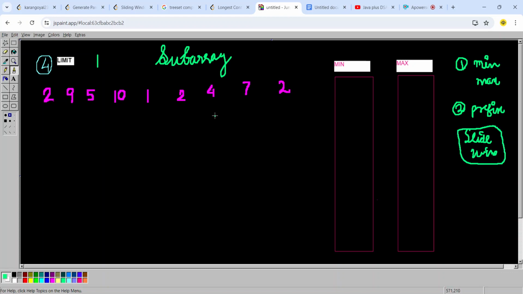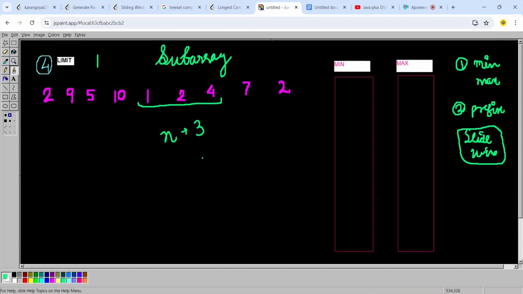Now the next thing. Suppose you have a subarray. Will you be finding the difference between each element? It would be too much, right? It would be n square. So in this case also, when n is equal to 3, you have to find for each element, for 1 to this and then this to this. So you can consider it a kind of n square. It's not completely n square, but it will be around n square.